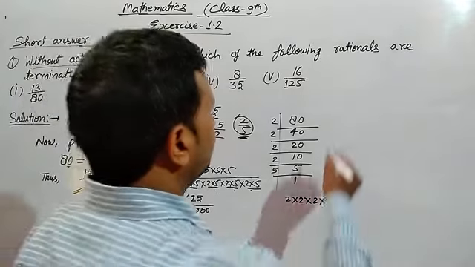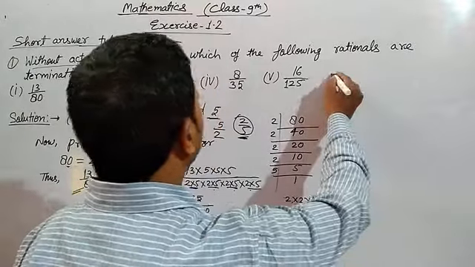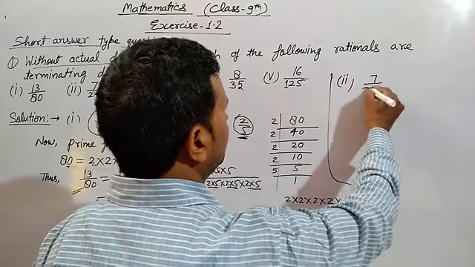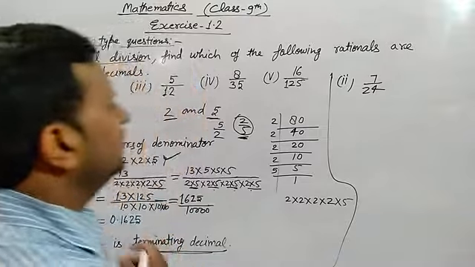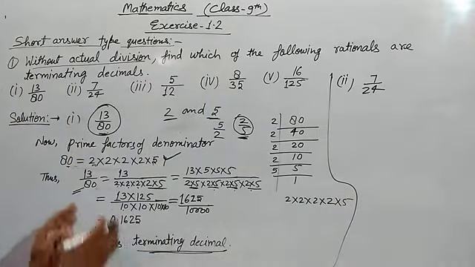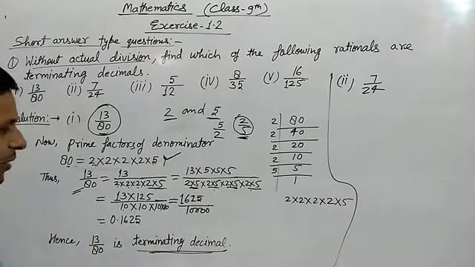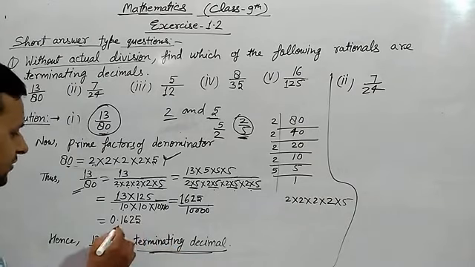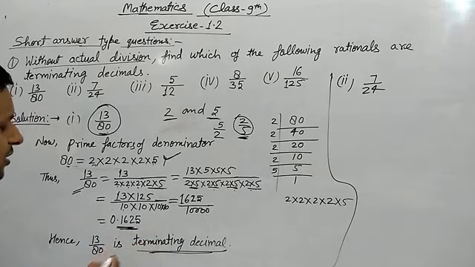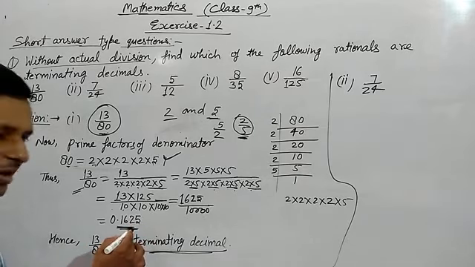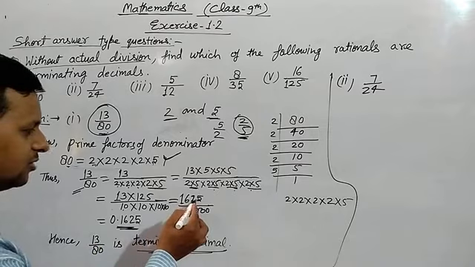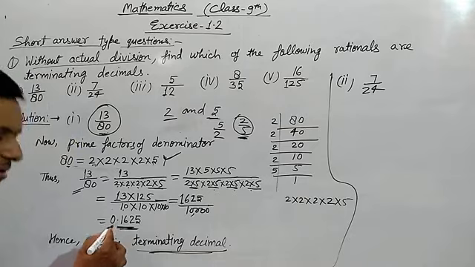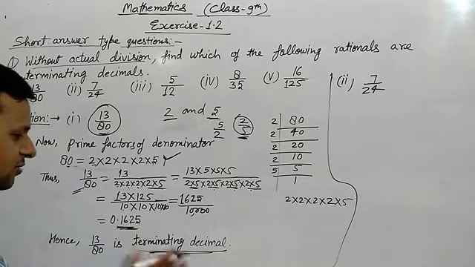Now we can solve the second part also. The second part is 7 upon 24. Means we have no need to solve in this way, but I have done it here to show how we can say this is a terminating decimal, means it is completely divided, 1625 is completely divided by 10,000 in this decimal form. So it is a terminating decimal.